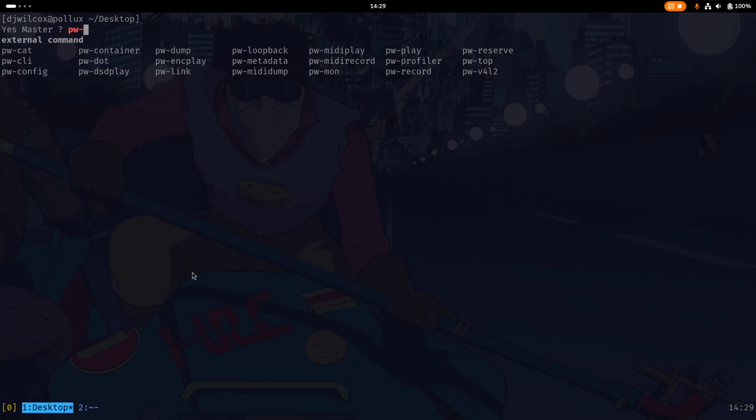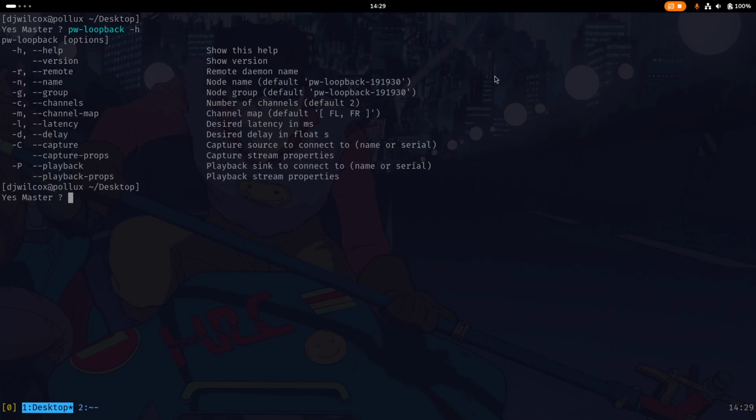An interesting one to look at might be pw-loopback, which I presume creates a loopback device similar to what you can do with PulseAudio, to create a virtual microphone. The only ones I've really looked at are pw-play and pw-record. I haven't looked into these, and these don't have man pages. But if you run, say, pw-loopback -h,